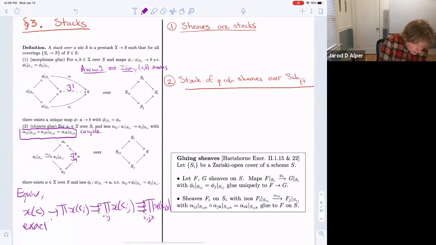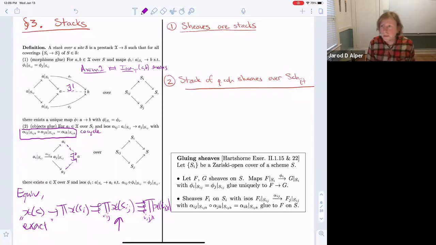But whatever that means. And if you try to spell out what exact means, you'll get exactly these conditions. Right, it's going from the sheaf axiom one level further to triple intersections. So if you spell out what exactness means at this step,